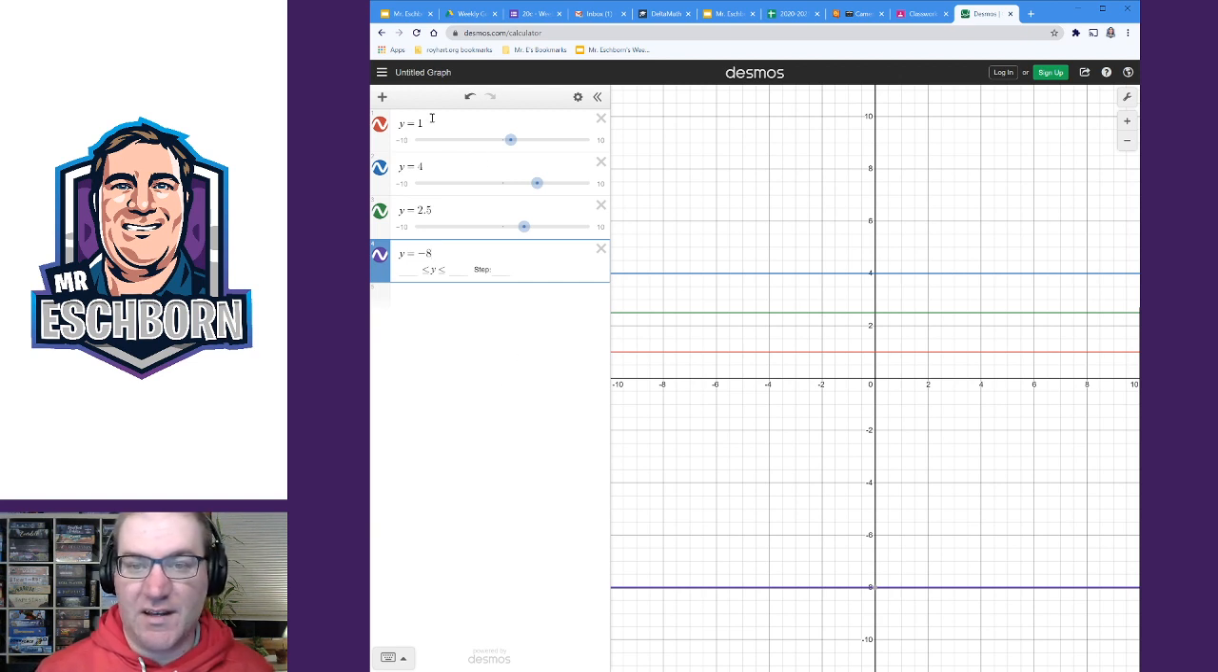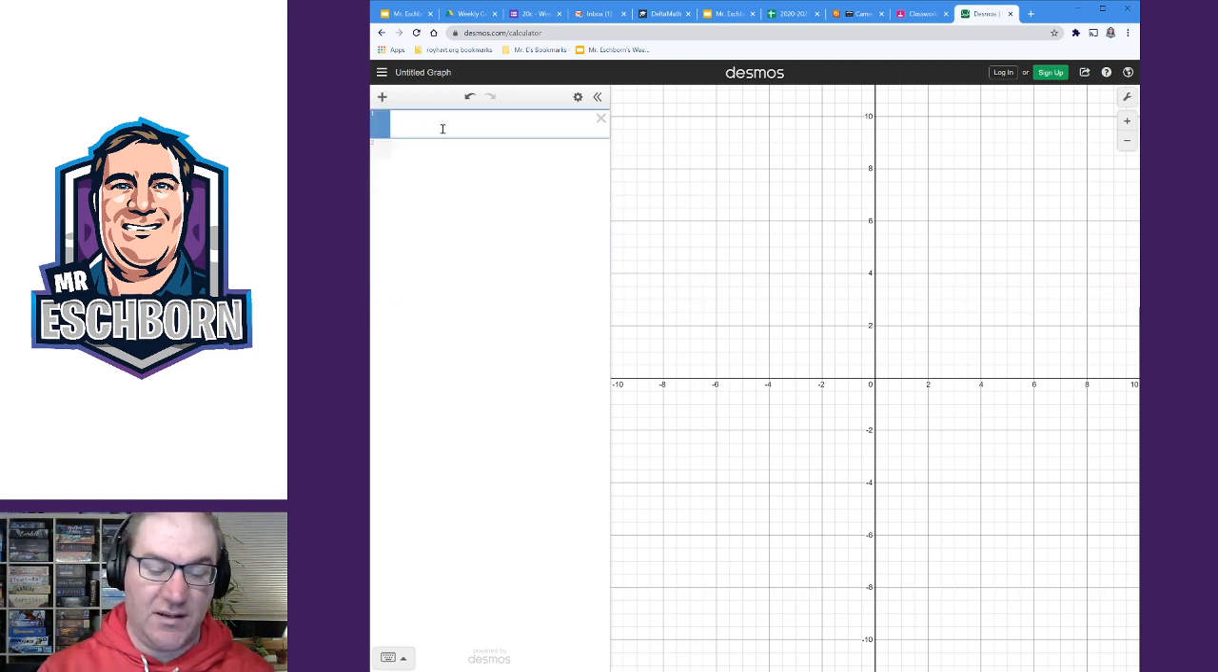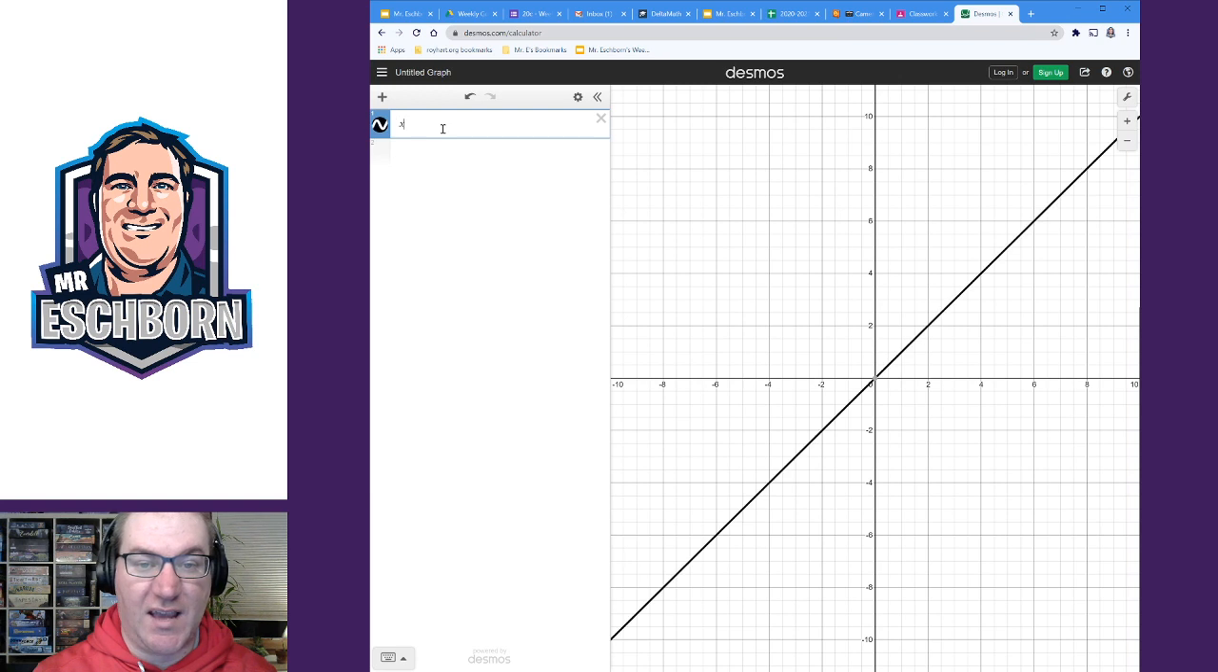Another way to look at this is that when you say y equals 1, your line should hit the y-axis at 1, and this line should hit the y-axis at 4. So you can see that all these lines never hit the x-axis, and they only hit the y-axis at the number specified. Well, then you probably know what's next, and that's if I make an equation that says x equals